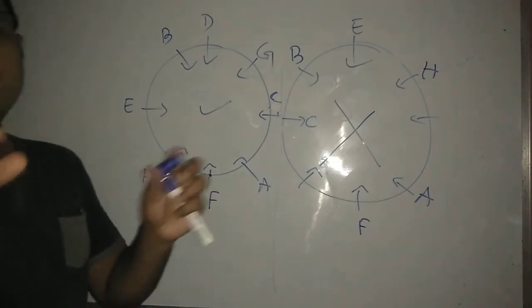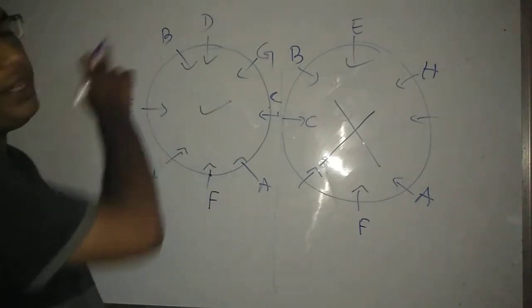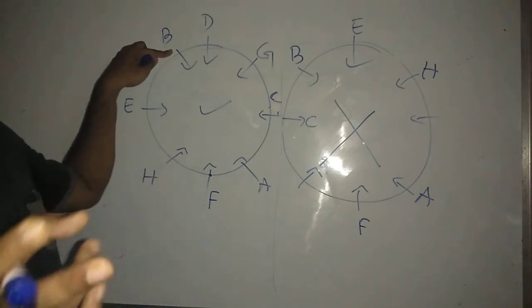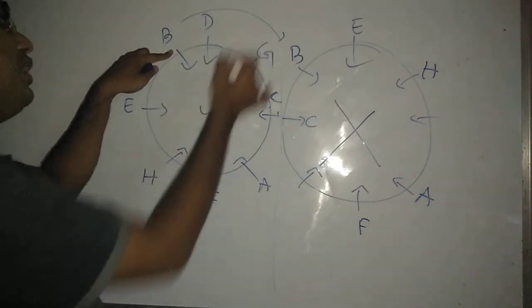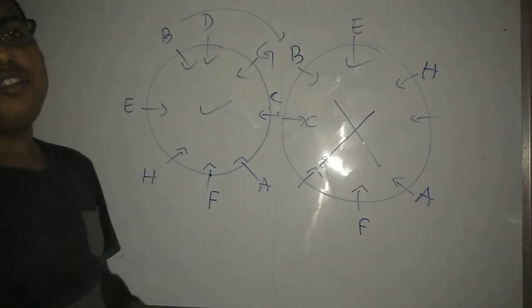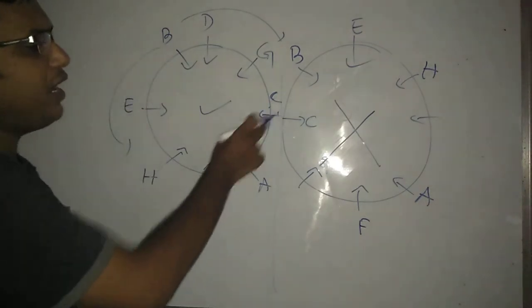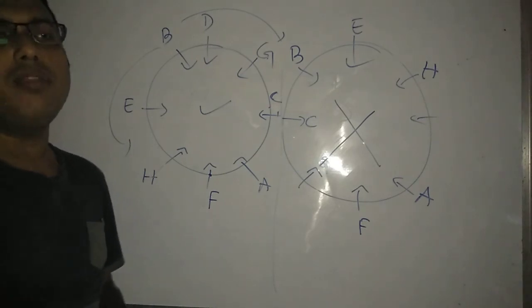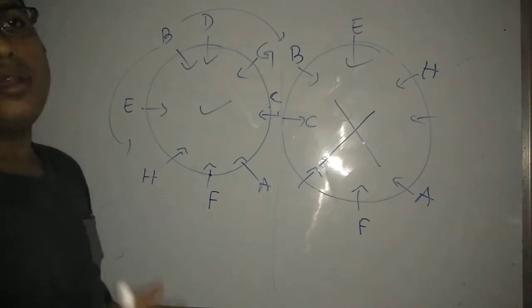And if you consider different types of questions, such as what is the position of C with respect to B: with respect to B means you start from B either to the right side of B or to the left side of B. If you move towards this direction, this is the left side of B. So obviously 1, 2, 3, third to the left of B. And when you move in this direction, 1, 2, 3, 4, 5, fifth to the right. That depends upon the question. Sometimes it is asked what is the position of C with respect to B. So here you have two answers: third to the left or fifth to the right.